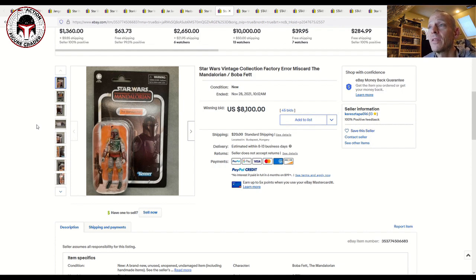And you know, I guess the way I look at it is, for those of us who have normal budgets, this number seems completely obscene, right? But, you know, there's collectors out there that have a lot of money and they love the rarity. And of course, you have collectors that are big, big fans of Boba Fett. You know, obviously we know about the Boba Fett tax that goes on. And having the Boba Fett action figure on a Mandalorian card back, until I see another one that comes up, which I doubt we do, but if we do,